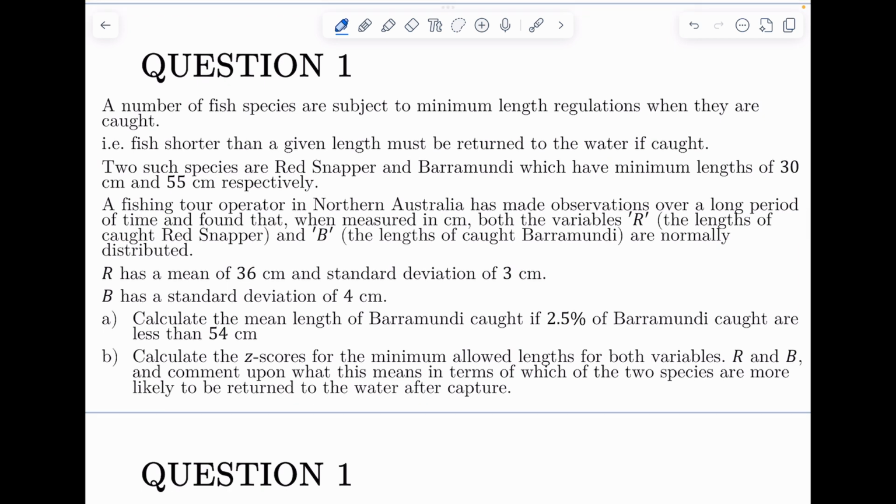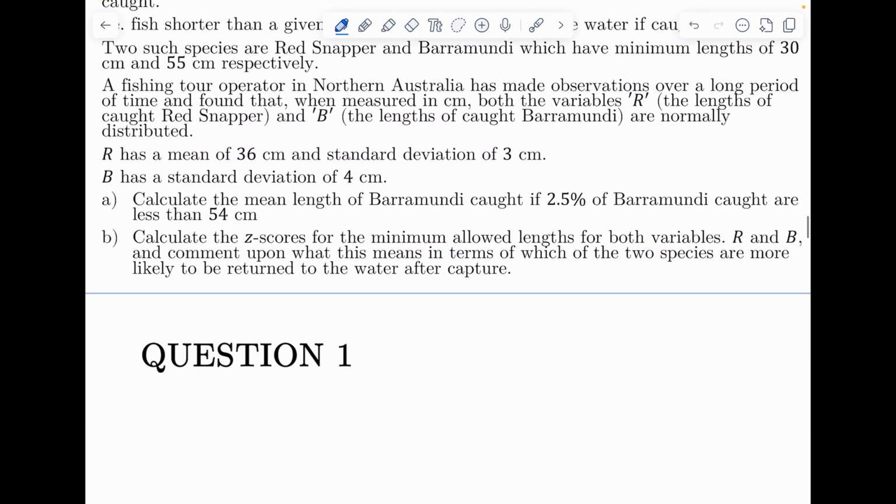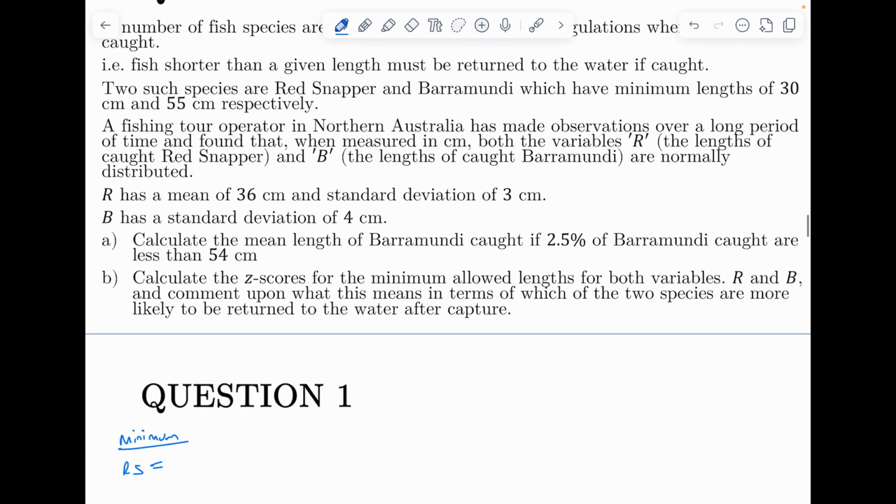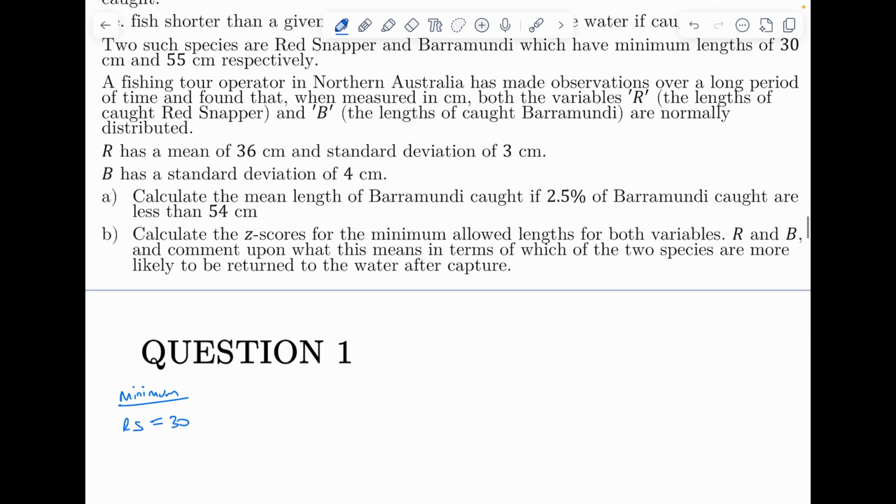So let's read through the question. A number of fish species are subject to minimum length regulations when they are caught. By the way, this question comes from one of the Holston trial papers. I.e., fish shorter than a given length must be returned to the water if caught. Two such species are the red snapper and barramundi, which have minimum lengths of 30 and 55 centimeters respectively. So let me just write this down because this question is quite wordy. The minimum length for the red snapper is equal to 30, and for the barramundi, maybe I'll just write it with B, the barramundi,